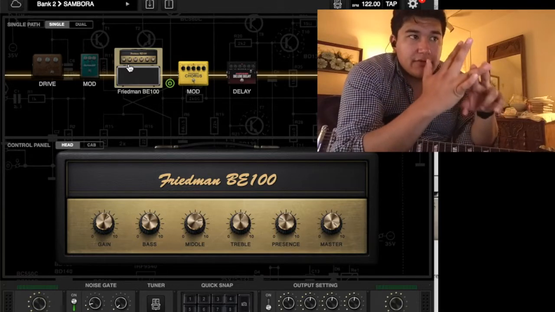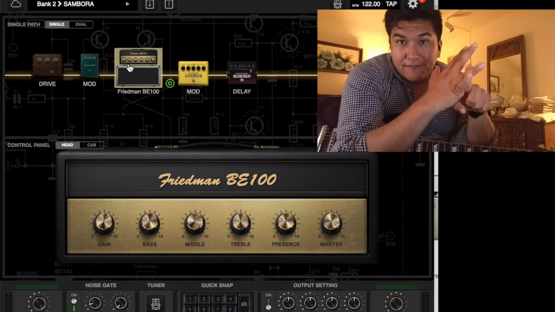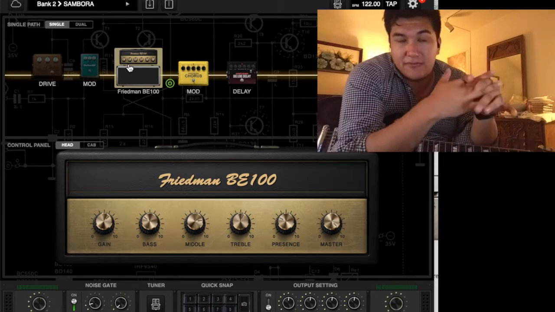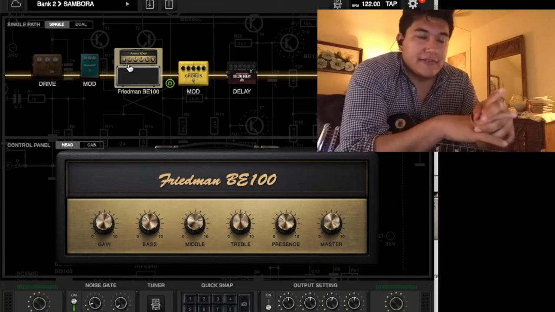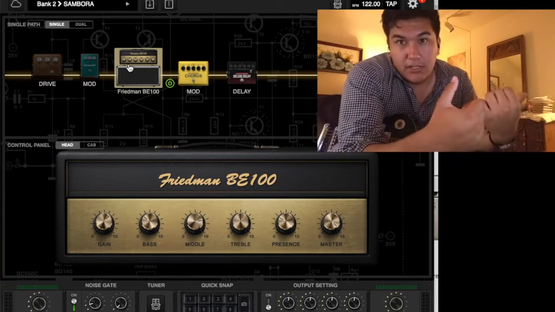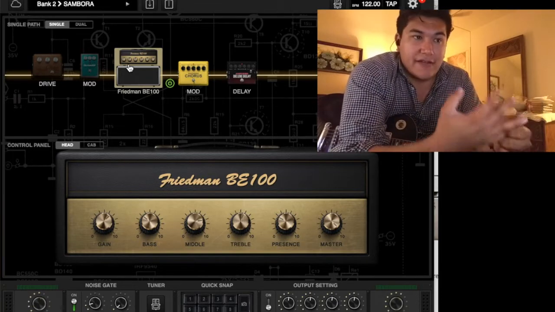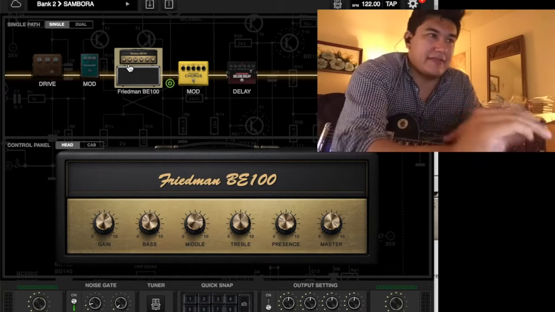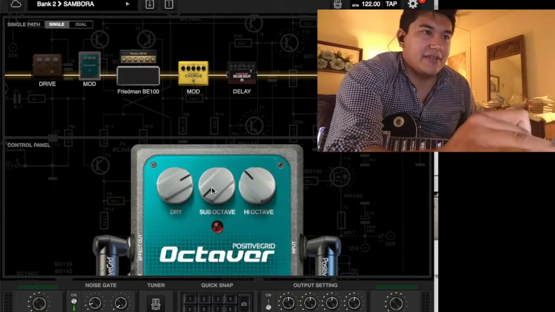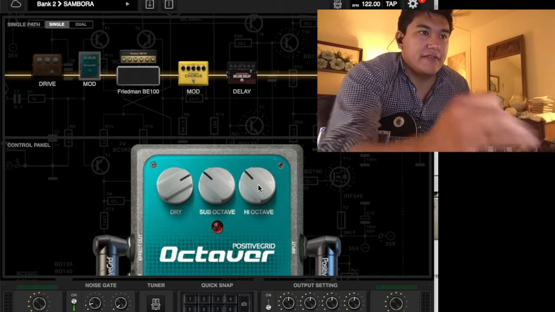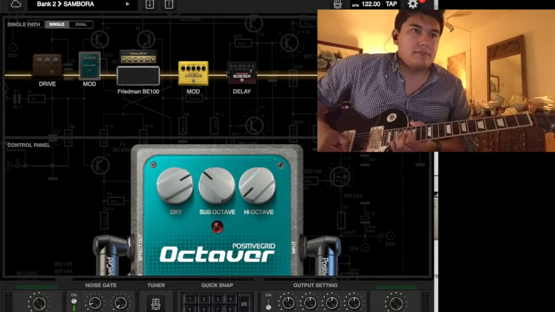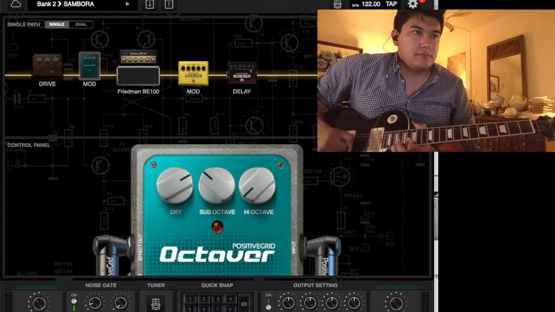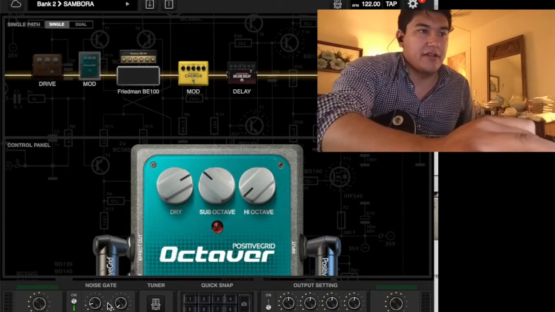Then you have your octave pedal, okay? If you can afford one, hopefully there's a cheap one out there. I don't know what it would be, but you would want an octave pedal that can go up and down. If not, then you're kind of stuck with the low. And so let's look at what that sounds like, okay? So here's the low octave, okay, if I was to play it higher. Okay, now if I turn it on,